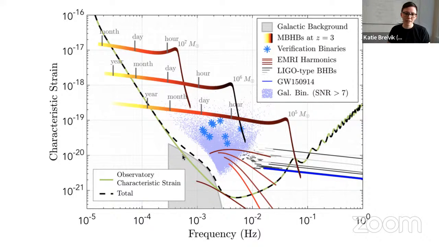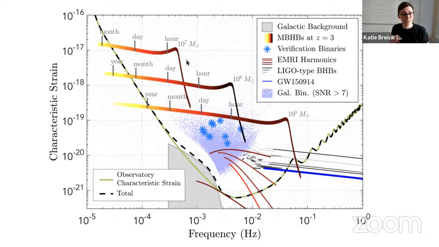In particular, there is this source class of this gray and purple cloud of points. Those are galactic double compact object binaries. I'll talk a lot about that in a little bit because that's my main focus. But there are also other very exciting sources. So these red bands that you see here, these are merging massive black hole binaries out at redshift of 3. If you have a merging massive black hole that is 10 to the 8 solar masses, 10 to the 9, LISA will be able to observe these systems at very, very high redshifts,